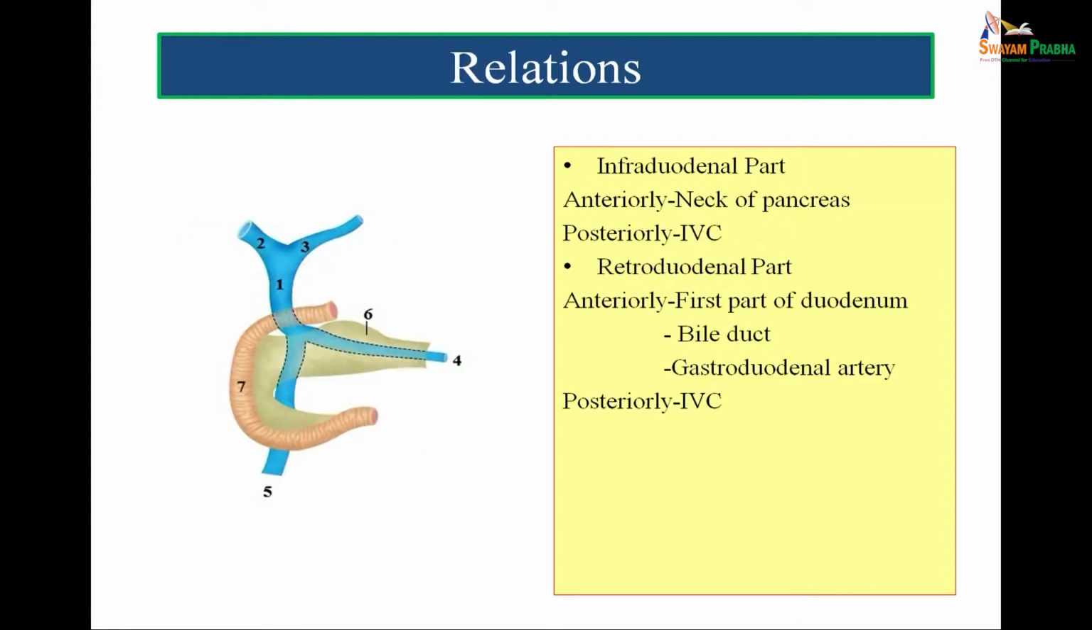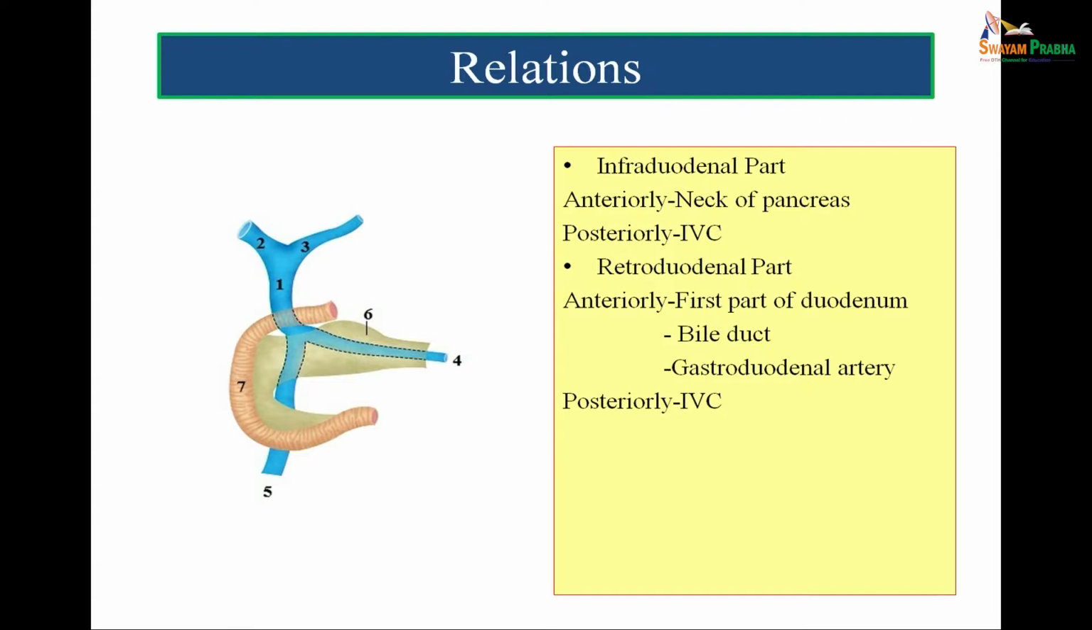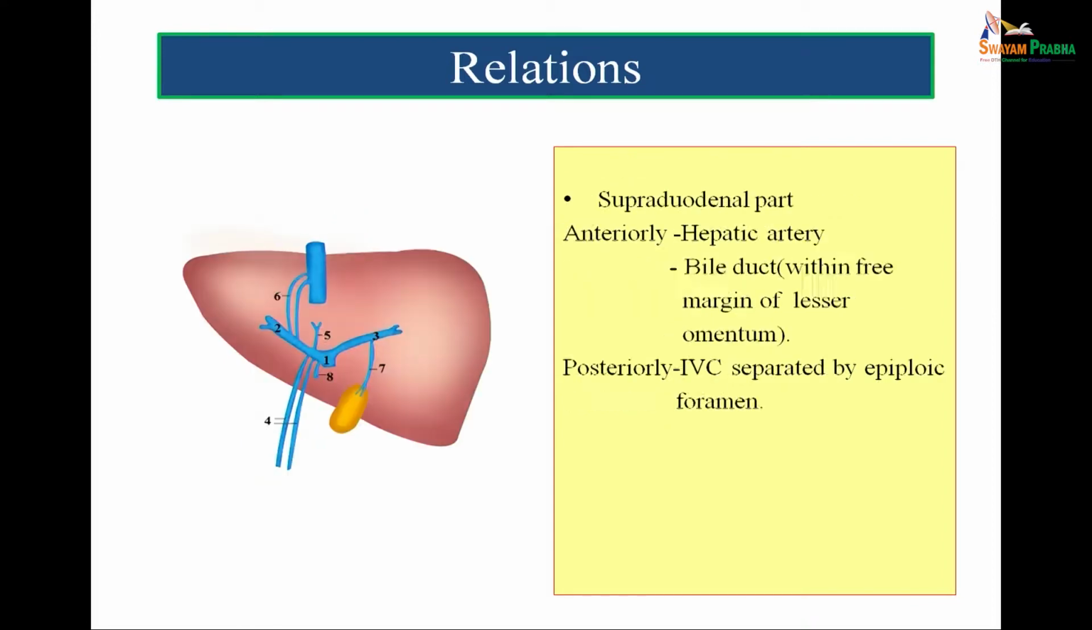Now once again, the relations of the portal vein: I told you that the course can be divided into infraduodenal, retroduodenal and supraduodenal parts. Here I would like you to concentrate on the posterior relations. If you see here, the posterior relation is the inferior vena cava in all three scenarios. So the supraduodenal part